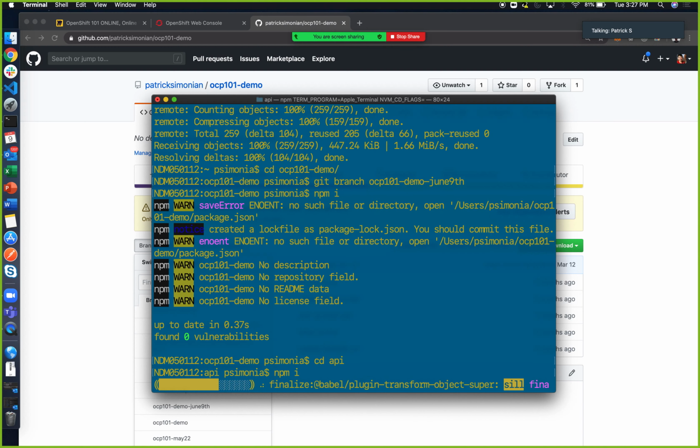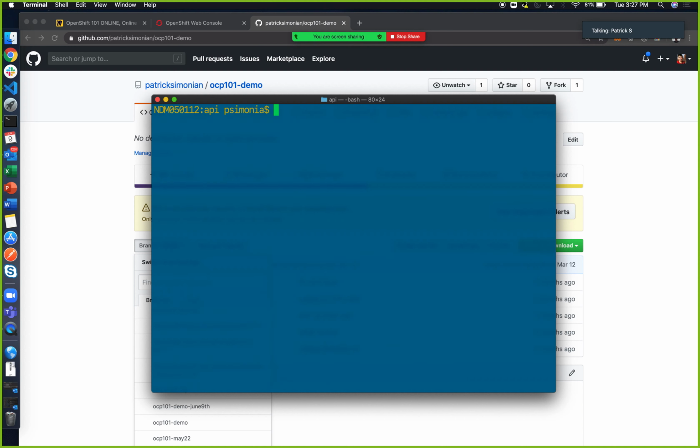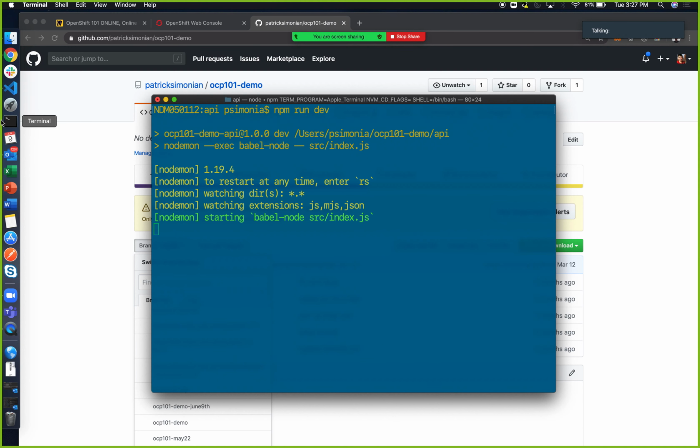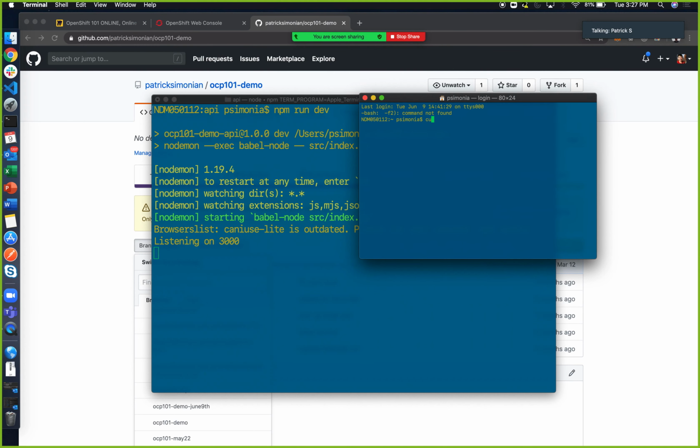So I'm just installing the packages, and again, not expecting you guys to know this. This is like very specific to the stack that I'm working in, Node.js. But I'm just installing some dependencies, and then we're going to run the server. And pretty much what I should expect here is, as the server, it's listening on port 3000. I should be able to curl this port and then get a health check back. And I get API healthy, which is what I'm looking for. So I know this thing works. Great. So there's no point in trying to build and deploy in OpenShift if you can't build and deploy it locally, right? Okay, so